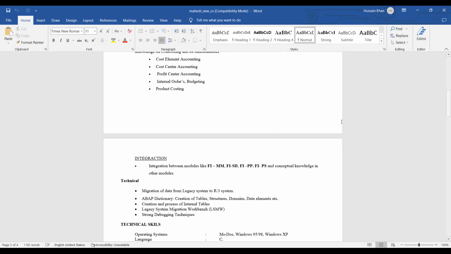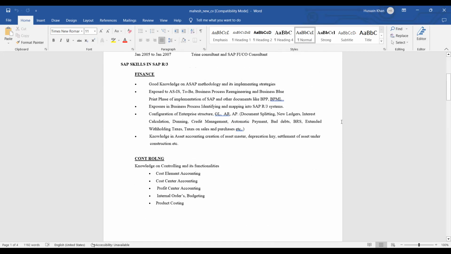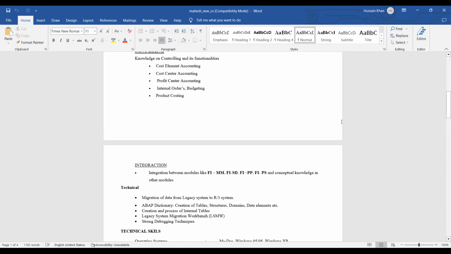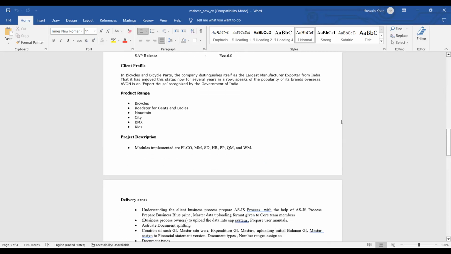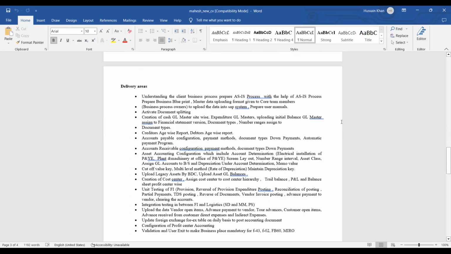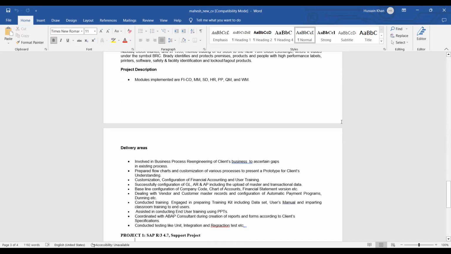But the main thing which is noticed is your SAP module, and on these modules what all skills you have, right? So you try to cover all those points on the top, and then you mention your address and your declaration and your signature, and then you can simply save it,